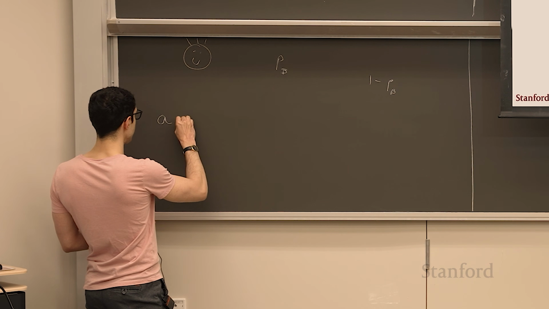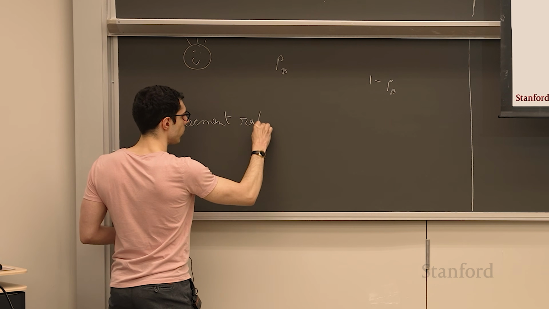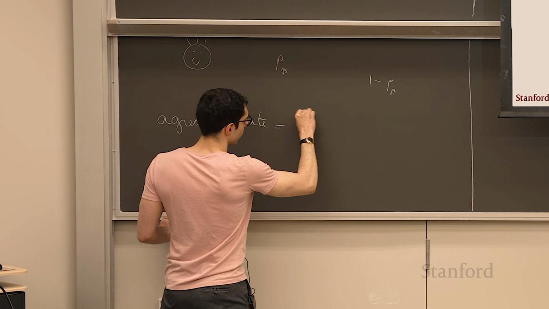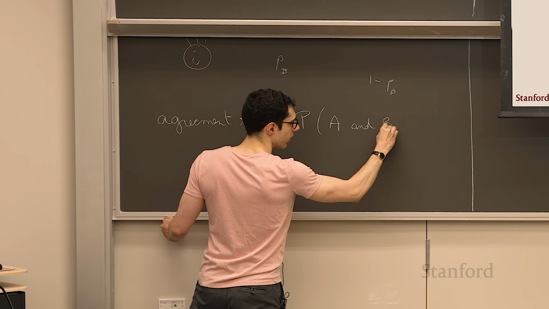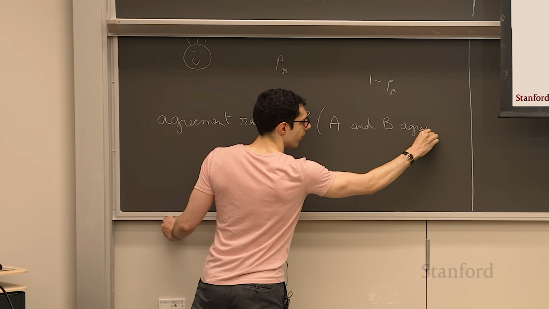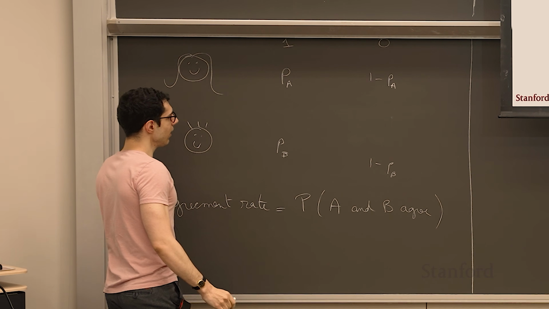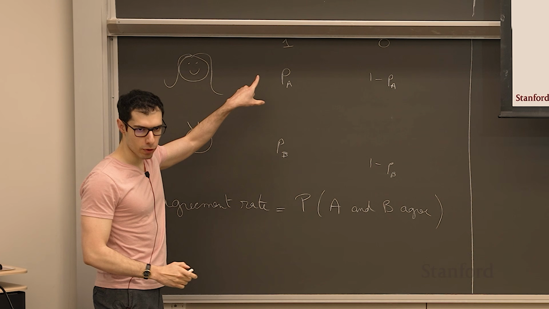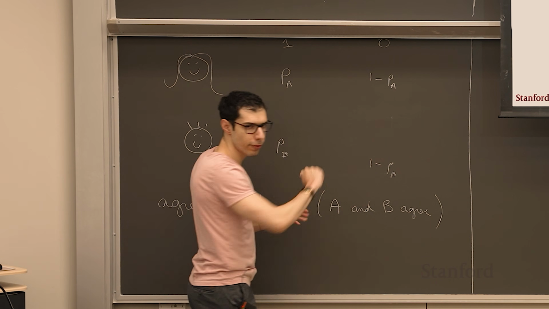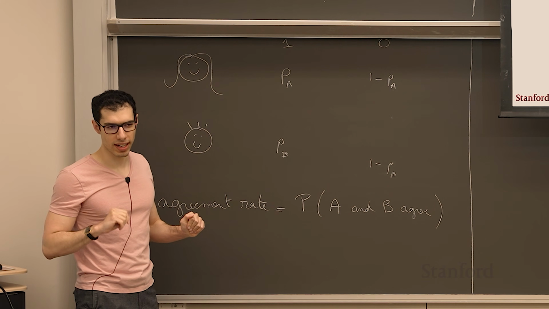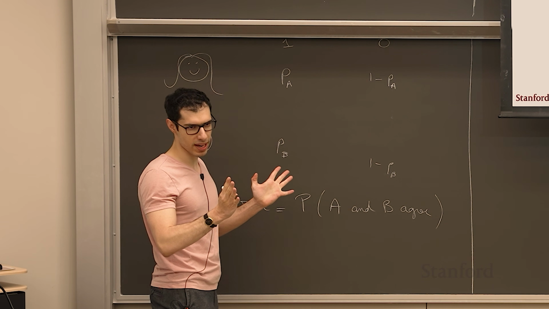So the agreement rate is basically the probability that rater A and rater B agree. And so here, A and B agree if A and B both vote 1, or when A and B both vote 0, right? But if they give their response in an independent and random way,